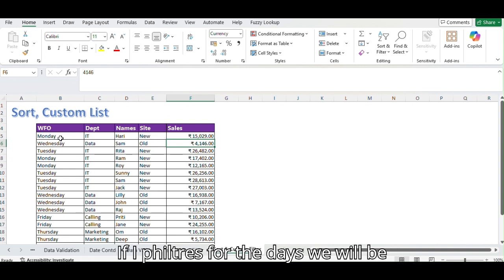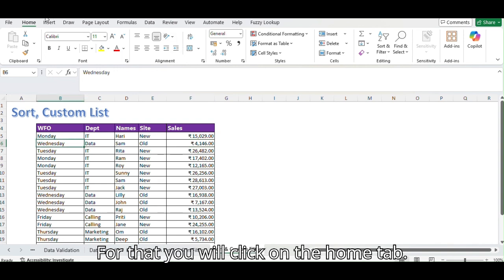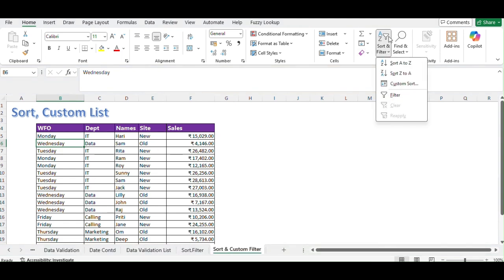If I filter as per the days, we will get alphabetical order. We will be getting Friday first. F comes first, okay? But we want to filter as per the weekdays, like Monday first, then Tuesday, Wednesday, and so on. For that, you will click on the Home tab and you will go to Sort, Filter,